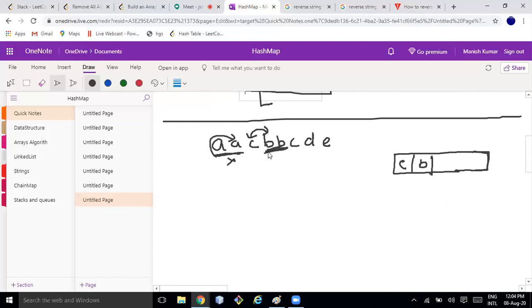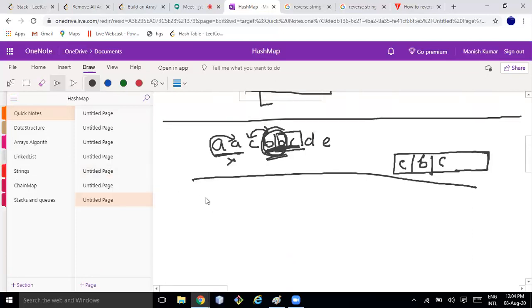Then I'll move again to BB, it's equal, so I won't compare. So I'll again move to BC. This BC is not equal, so I have to put B and then I have to put C. But something is breaking, something is missing here. How to handle that one?